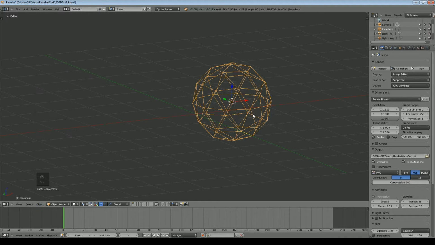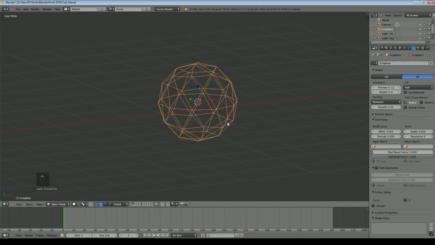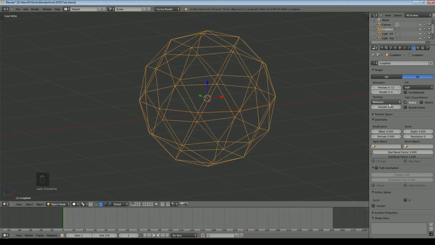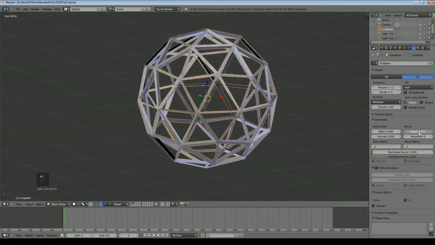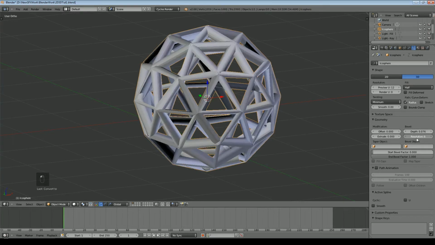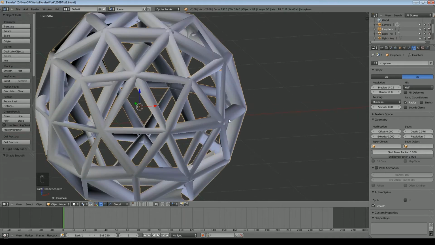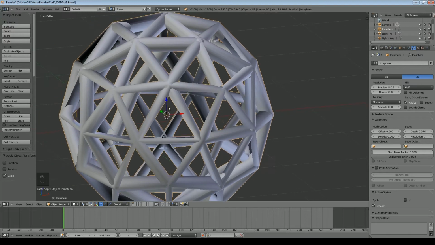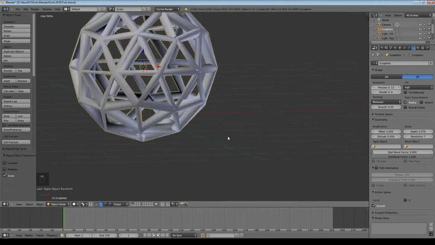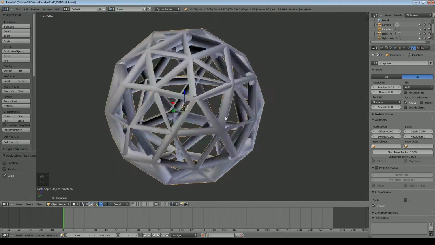Now you won't see any difference here, but if you look over here, you've now got a curve properties, and that allows us to do some things with these little lines, as it were. At the moment they're invisible, but what we can do is change the bevel depth, and you'll notice they start to thicken up. And if I increase the resolution as well, they'll start to become rounded. I'll turn it on to smooth shading, and we start to see some interesting effects. You want to Control A and apply any scale, because otherwise the thickening of these lines doesn't work quite as expected. And certainly there's some issues with the normals in here, which we'll look at in a moment.